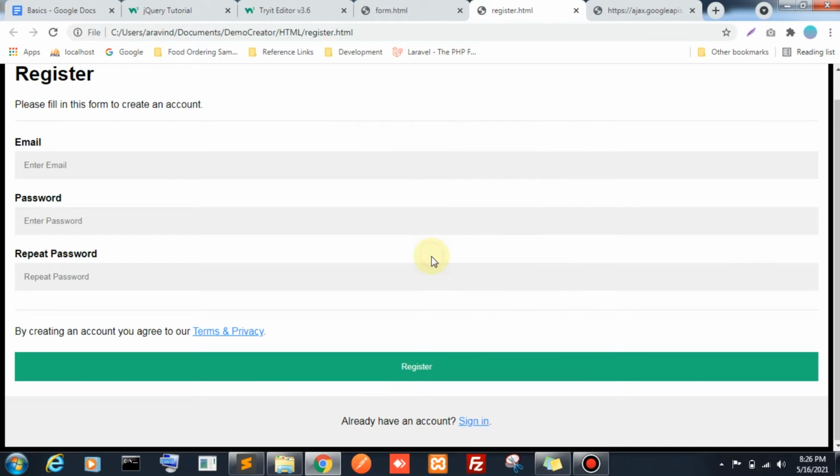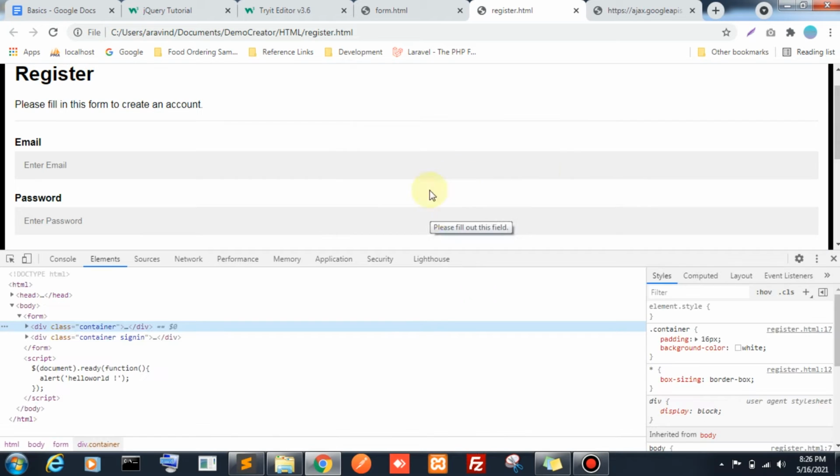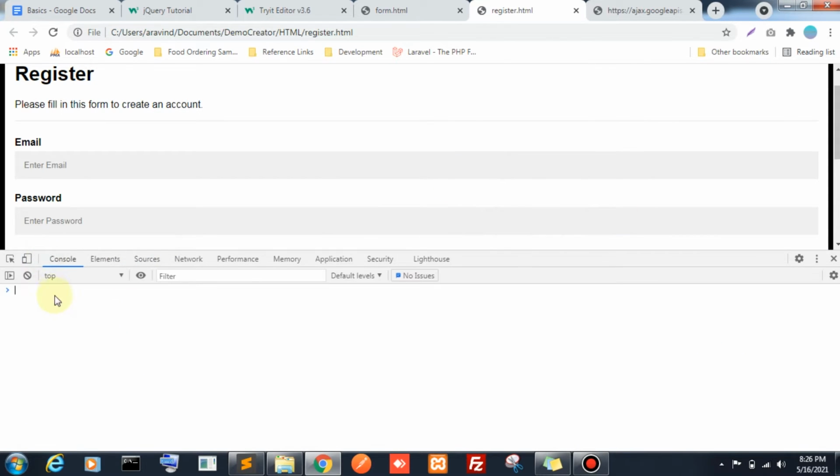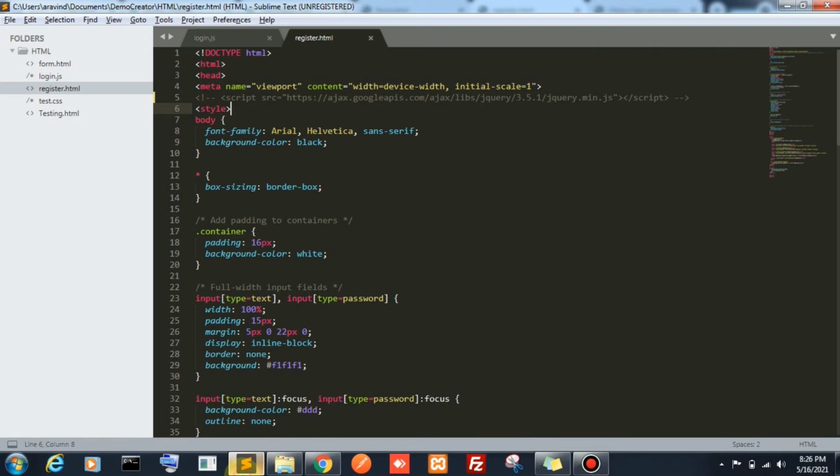Let me take the console. Because JavaScript is a client-side browser language, it runs in the browser, and the browser error will come inside this console tab. Now it says the dollar is not defined in register.html line number 99.